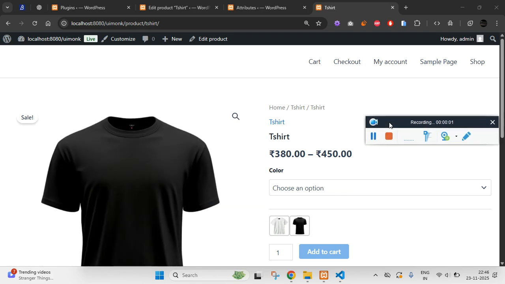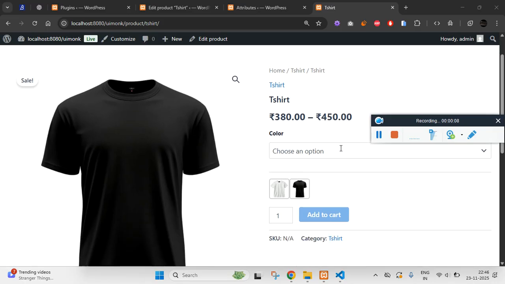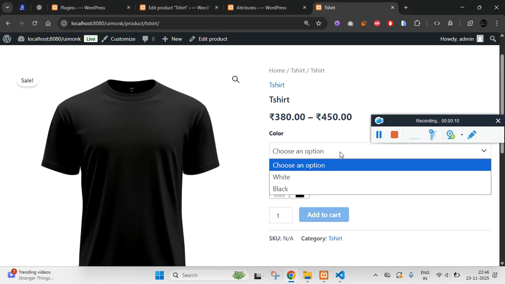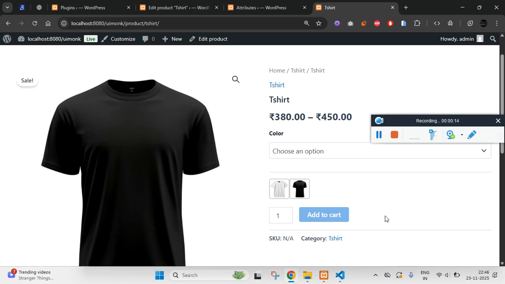Alright, in this video we'll see how to show a variable product in the form of thumbnails. As you see on the screen, we have two different variations, white and black. Without selecting the drop down, which WordPress and WooCommerce usually give you, I have added a section,